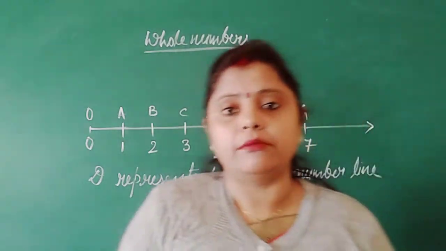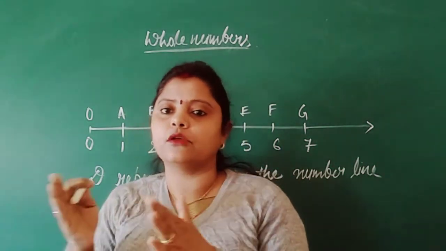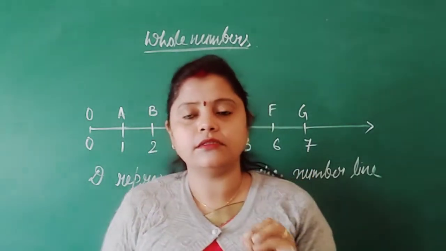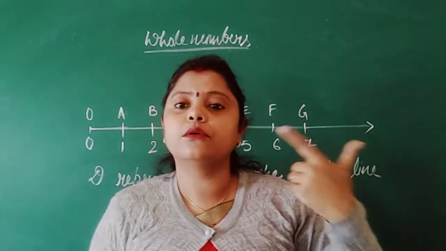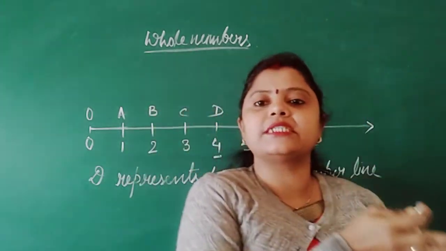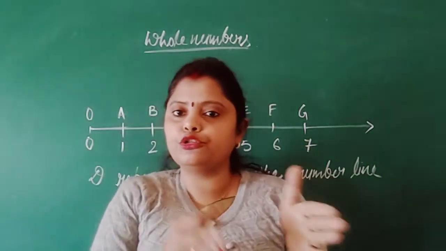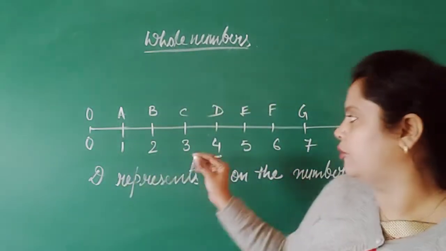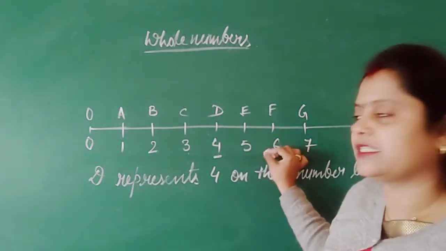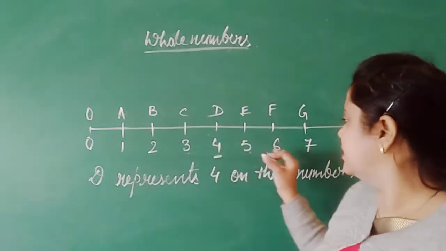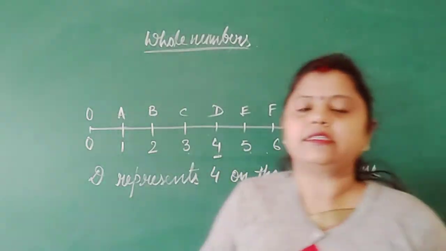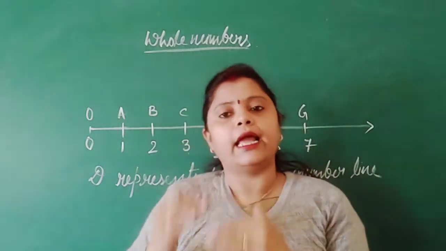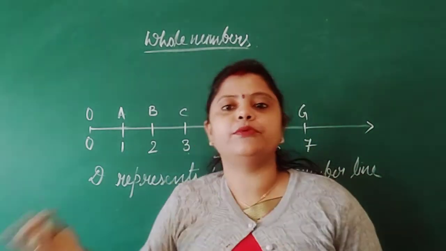Now, suppose the question comes about finding successors or predecessors, what you have to do? For finding successors, you have to do +1, because succession is what? What is coming just after that? What is the successor of 1? 2. What is the successor of 2? It is 3. What is the successor of 3? It is 4. Just after 3, 4 is coming, after 4, 5 is coming. So 5 is the successor of 4, 6 is the successor of 5. When you have to find the next number, that is the successor, and the predecessor is the one which has come just before that.